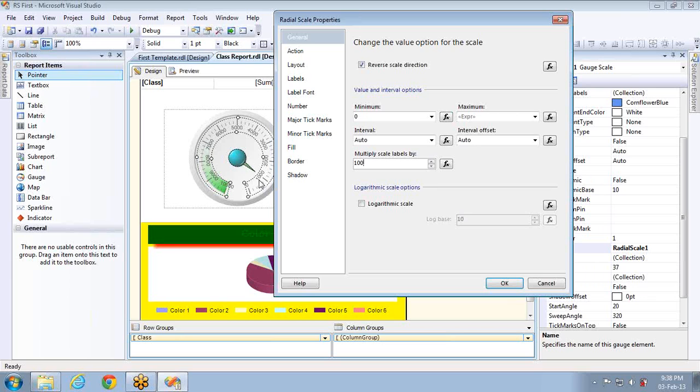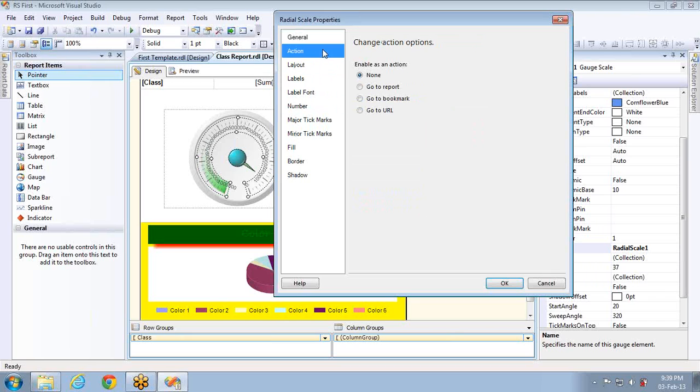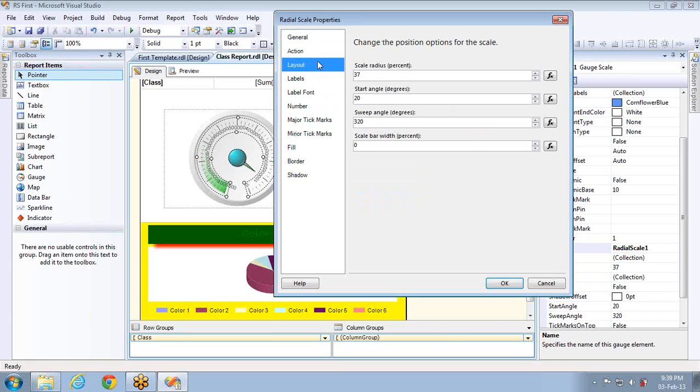Okay. Now it was 0, 10, 20, right? Now I have given 100. It is like this. I have given 1000. It will multiply the value by whatever the scale value is there. It will be multiplied with this value. If you want to go for logarithmic scale, which is very, very difficult to understand, you can go for logarithmic scale. That is based to either 10 or 2. It's your wish, you can provide logarithmic scale. And action, if you click on this, you can go for some action. And layout,